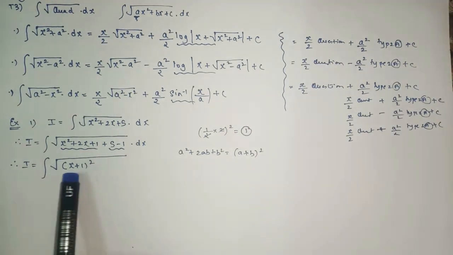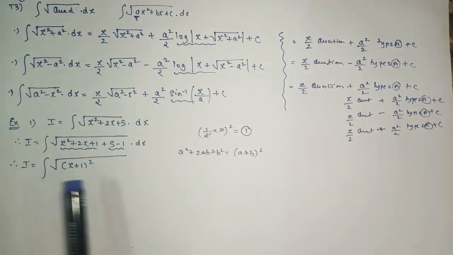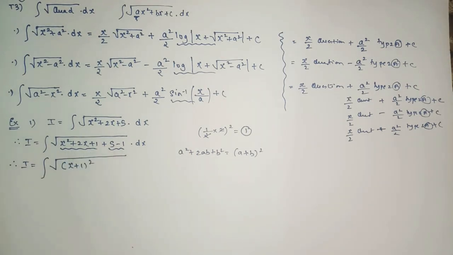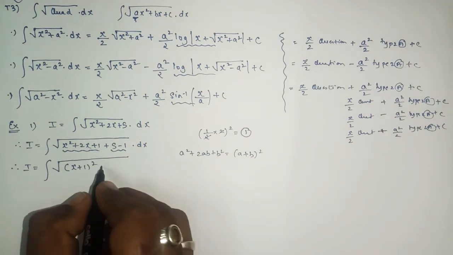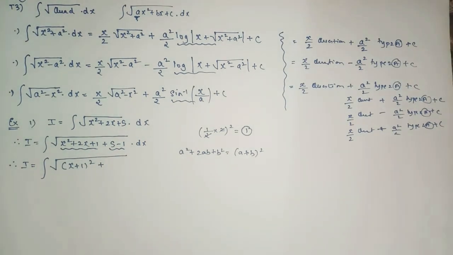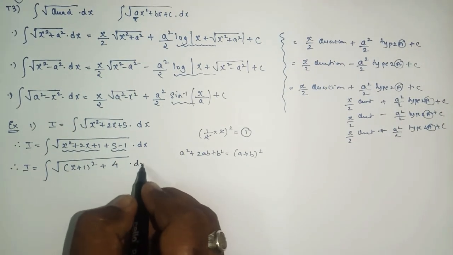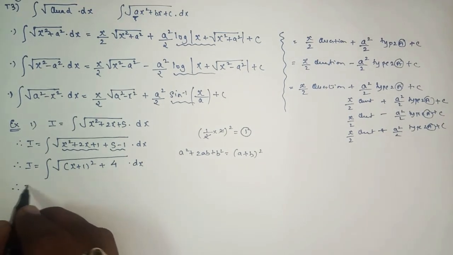You can expand and you will get the previous step only. When you expand (x plus 1) the whole square, you will get x square plus 2x plus 1 only, yes or no? Then 5 minus 1 is what, 4. Okay, then after that the next step,